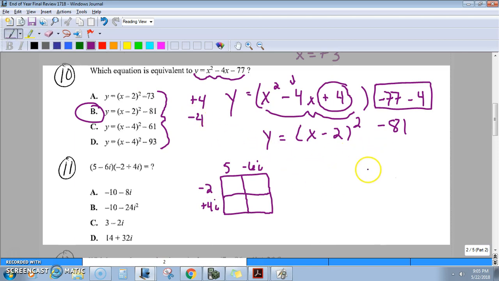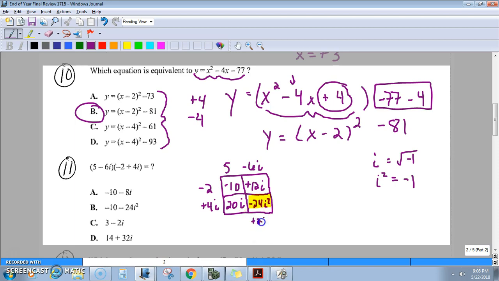And it's going to help us to remember that i is actually equal to the square root of negative 1, which is an imaginary number. But what that means is we never really use i, but i squared is just negative 1, and that's going to come in handy here. So let's fill out our area model. 5 times negative 2 is negative 10. Negative 2 times negative 6i is positive 12i. 4i times 5 is positive 20i. And negative 6i times positive 4i is negative 24. And then they both have an i, so that's i squared. So what that means is negative 24i squared, and this is important,